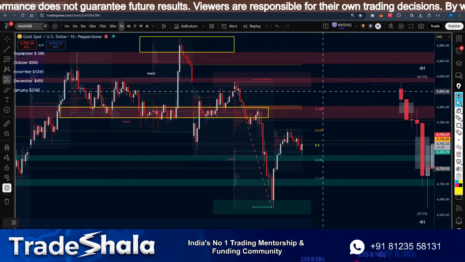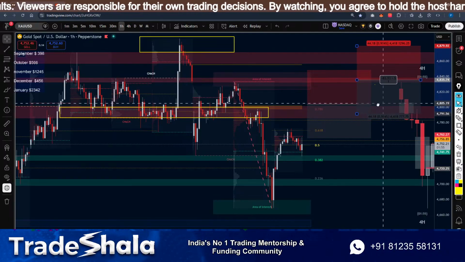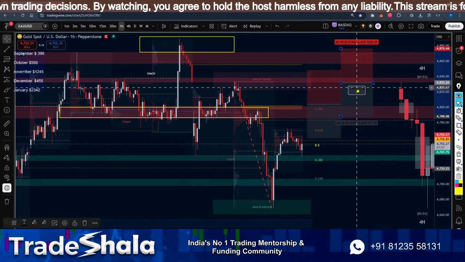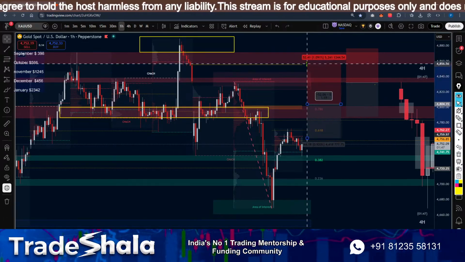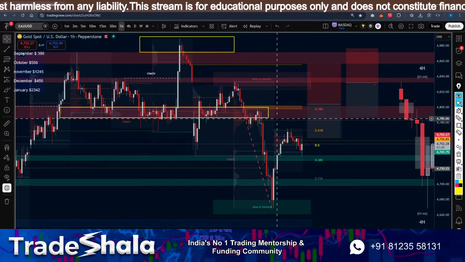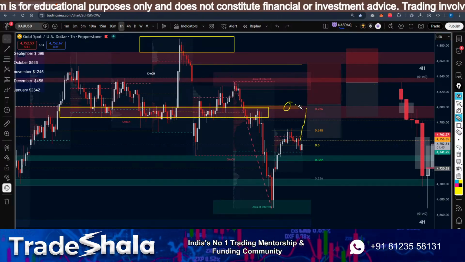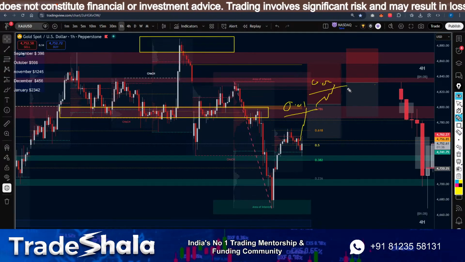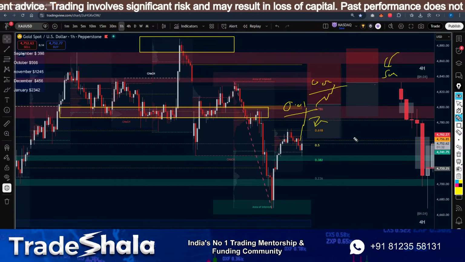My plan right now is this. I'm going to look for a sell trade right above over here. I'll take one position over here and then another position somewhere over here. This is how I'm going to run this. Let's see how well it goes. For the initial trade, I'm going to punch in 0.01. If it goes again till here, I'm going to punch in 0.02. This is going to be a scalp. This is going to be an intraday trade.